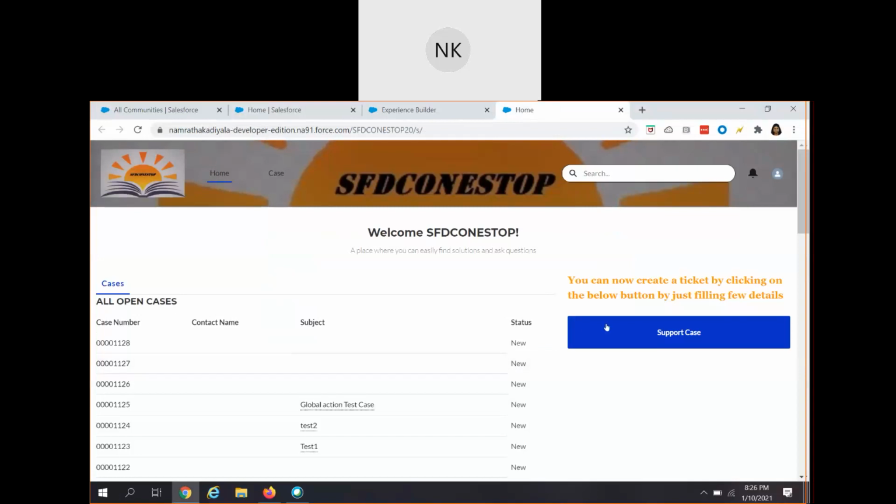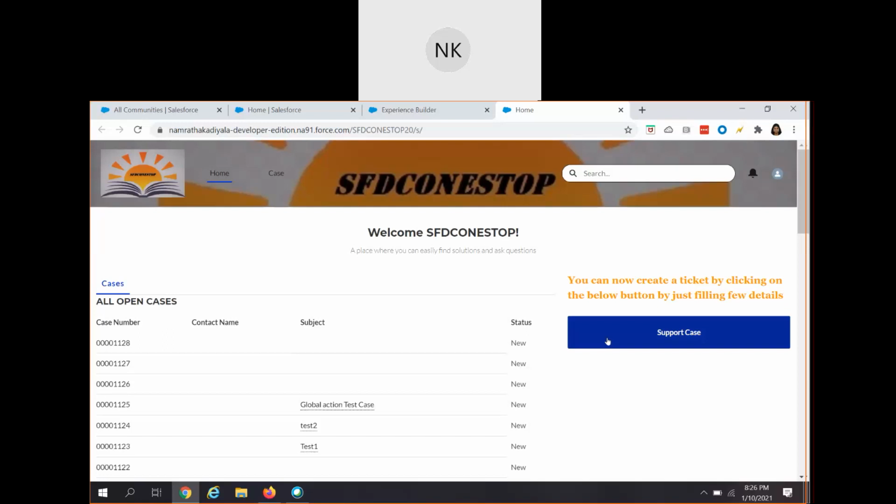Yeah, so this is the community page. Now I'm in United States and my preferred language is Spanish. To provide a good end user experience, I always think from the customer point of view. If I don't know English and I'm not comfortable in English, I feel that if the community page is provided in my preferred language, that would have been great. That could be the thought process of our end customers.